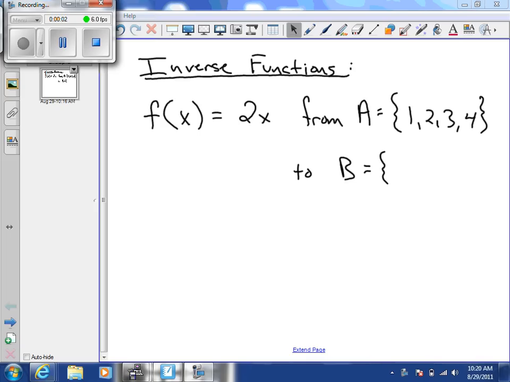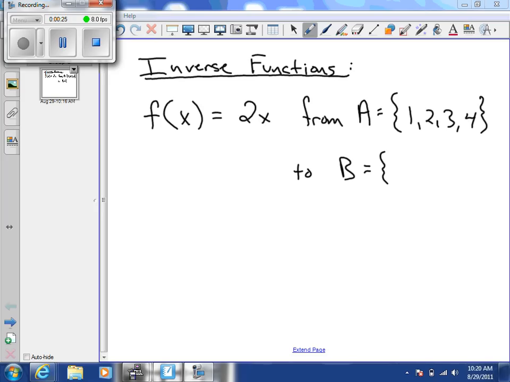Section 1.6 is on inverses of functions. In section 1.2, we learned that a function can be represented by a set of ordered pairs. Consider the function f of x equals 2x,